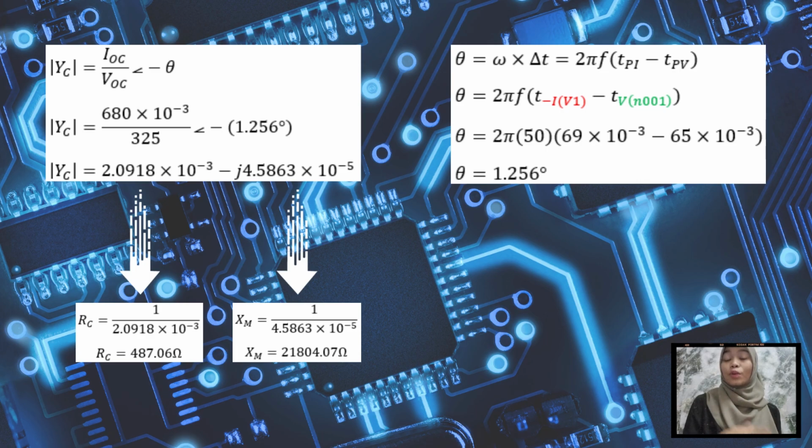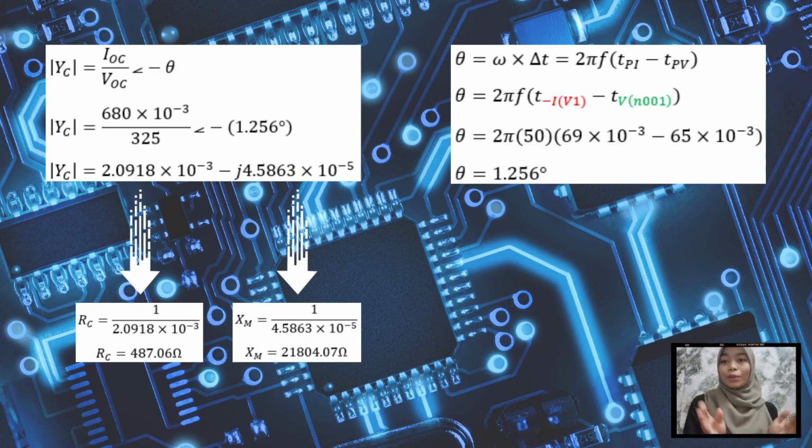The phase angle we can obtain using the equation omega times delta t. Omega we can get from the formula 2 pi f, while delta t we can get from the graph values, which is the time at the peak negative current minus the time at the peak of the voltage, and we get theta equal to 1.256